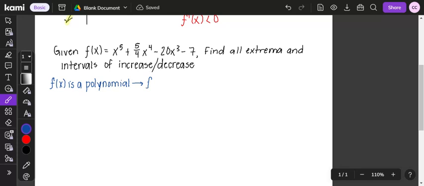So I can conclude that f of x is continuous. Which means I can use the extreme value theorem to take the derivative and find the critical points. So I'm going to use EVT,